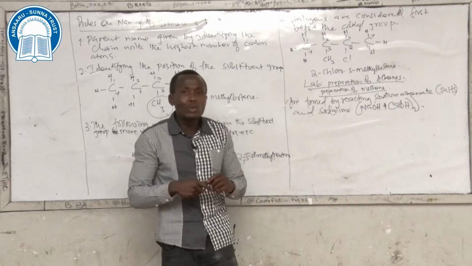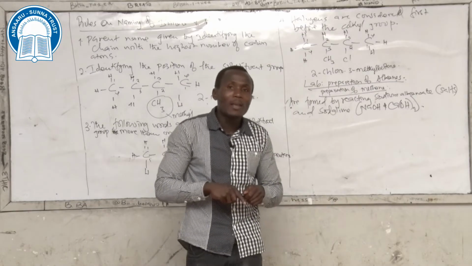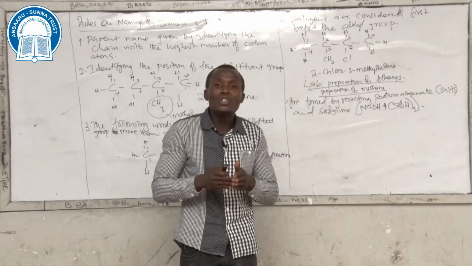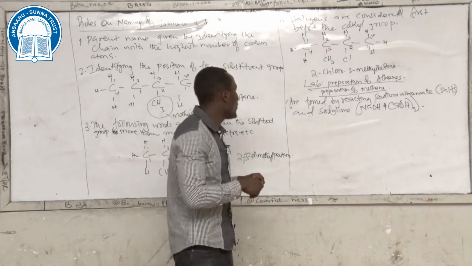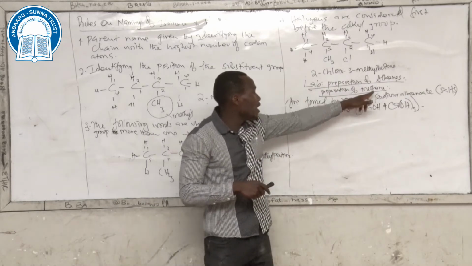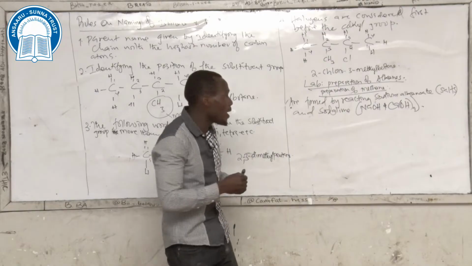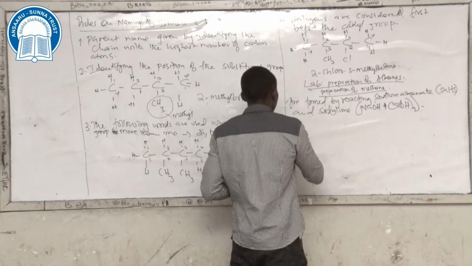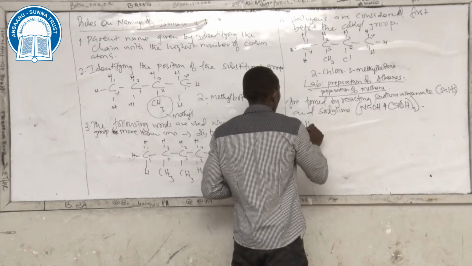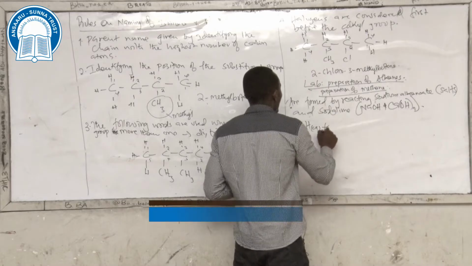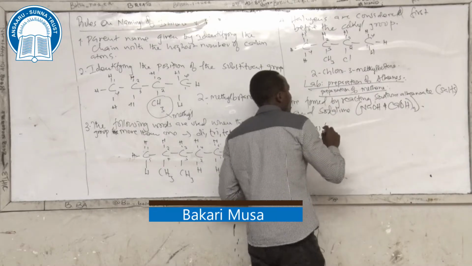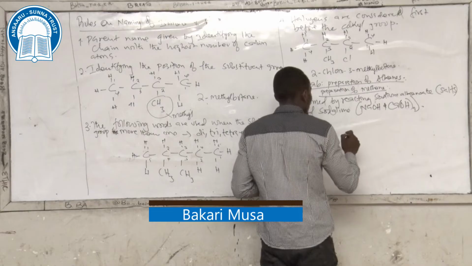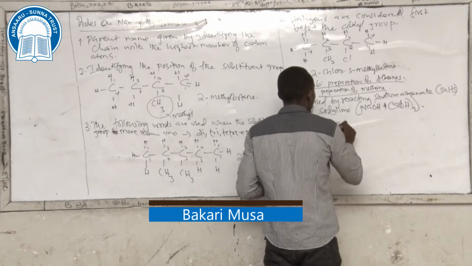And if I need to prepare propane, I use butanoate. So here, we want to prepare methane. We use soda lime, aqueous, plus sodium ethanoate,